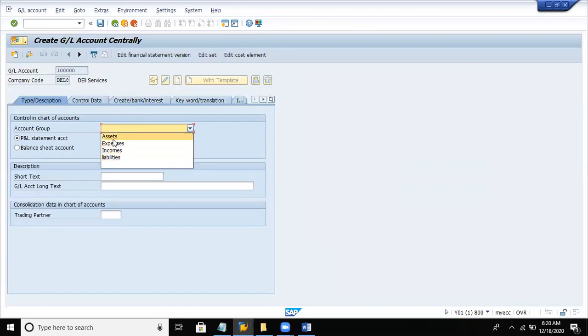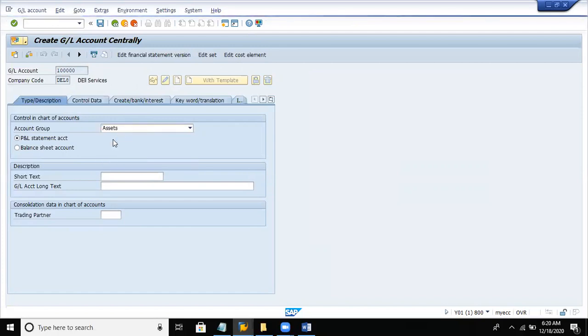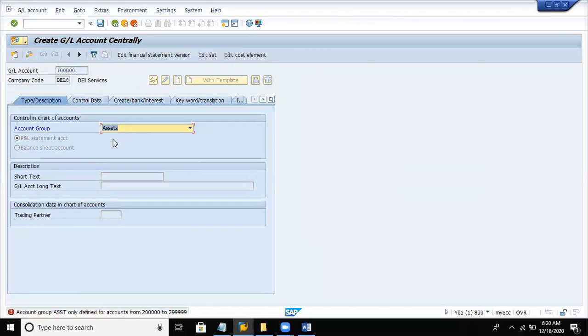If you update it as assets, it will throw an error stating that asset is this, not this, because in the background we have sorted out that asset is so and so, right? So we should be careful, and if you are not careful you will receive an error message when you try to save or create the data.